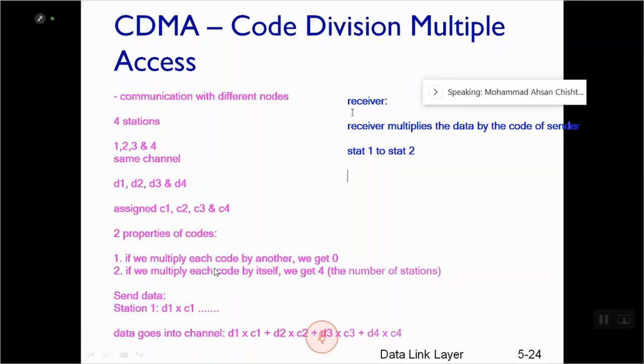Now what it does, it multiplies the data on the channel, that is this, one. It multiplies it,